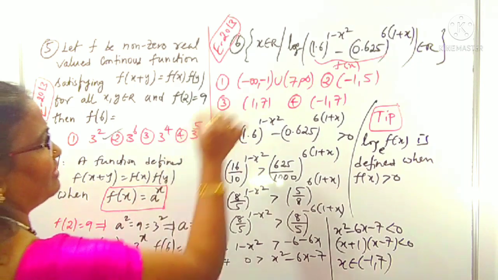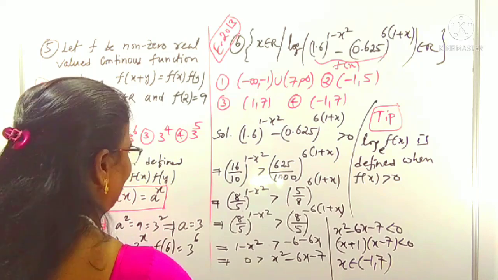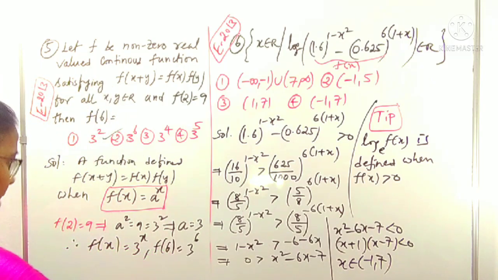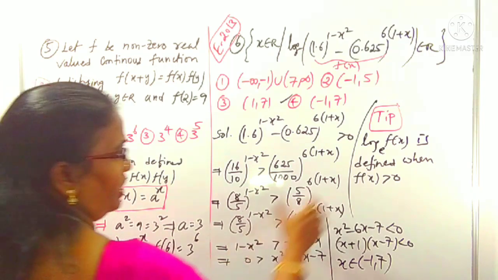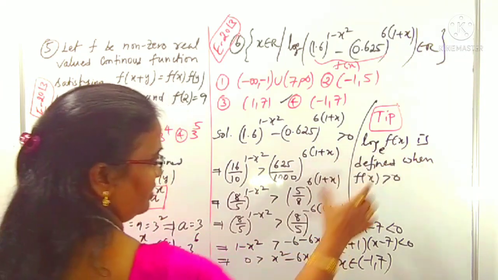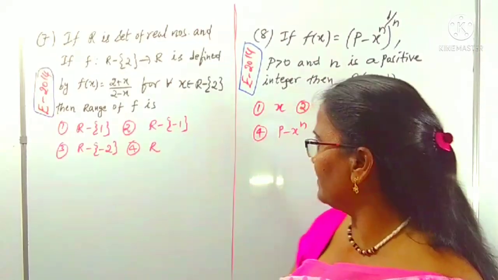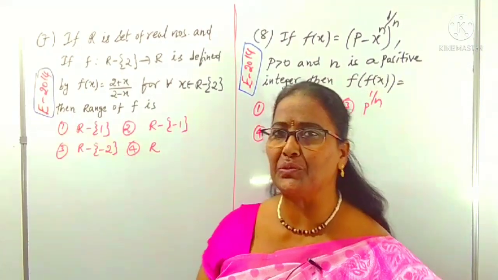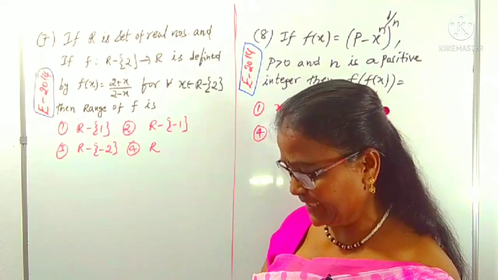We want the set of values of x, which is what? x belongs to open interval minus 1 to 7. That is clearly which option? Yes, 100% the fourth option. Here we concentrated on the log function concept as well as the interval concept. Is it clear? Look at the next two questions, 7th and 8th, which are given in EAMCET 2014. Both are very simple questions. What are those? We'll look at them here.